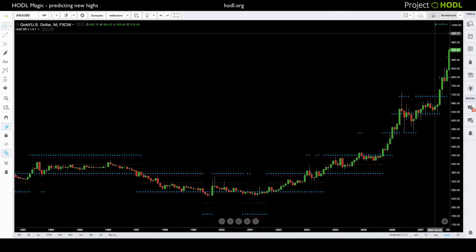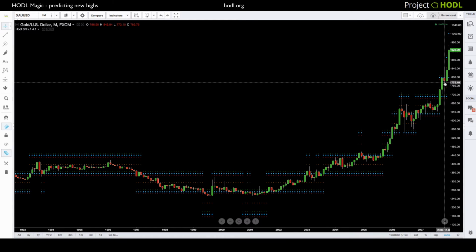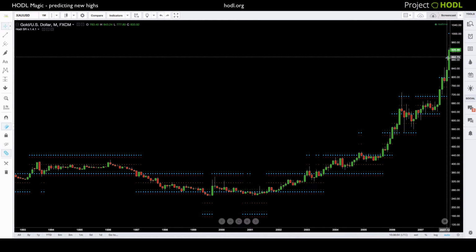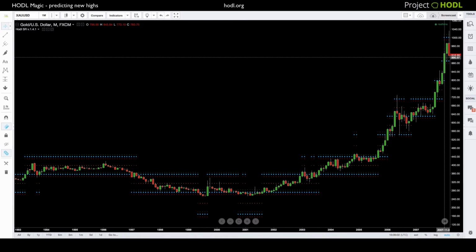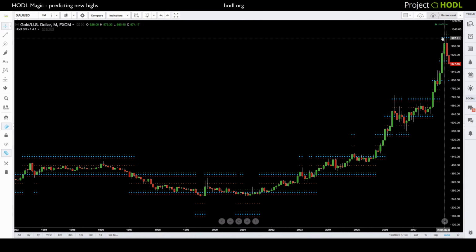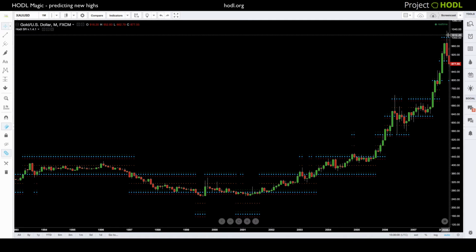But the move was strong. We retraced just a little bit, 2 micro levels, and then we shot it up, and we went past through this new HODL SR level, and we were stopped at this level again. We created a huge spike up,